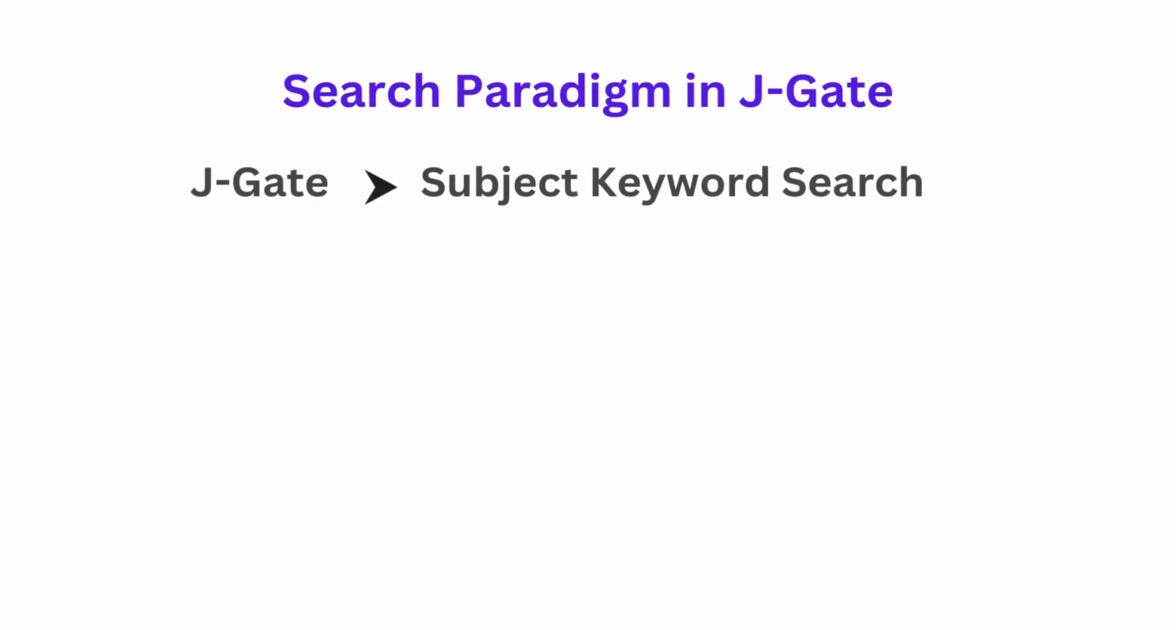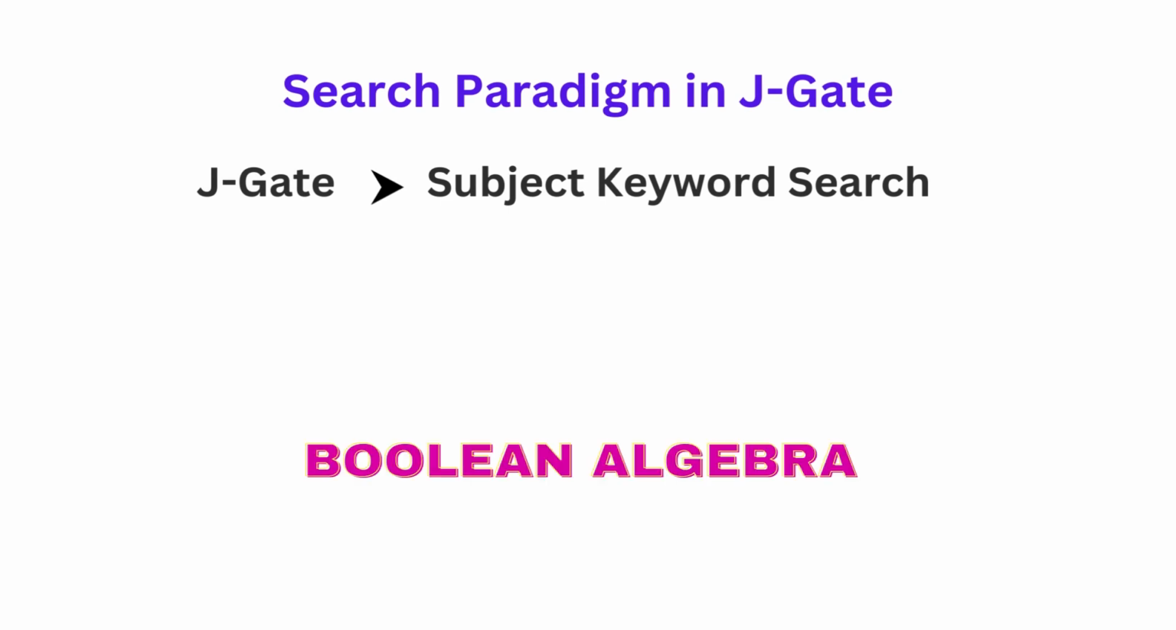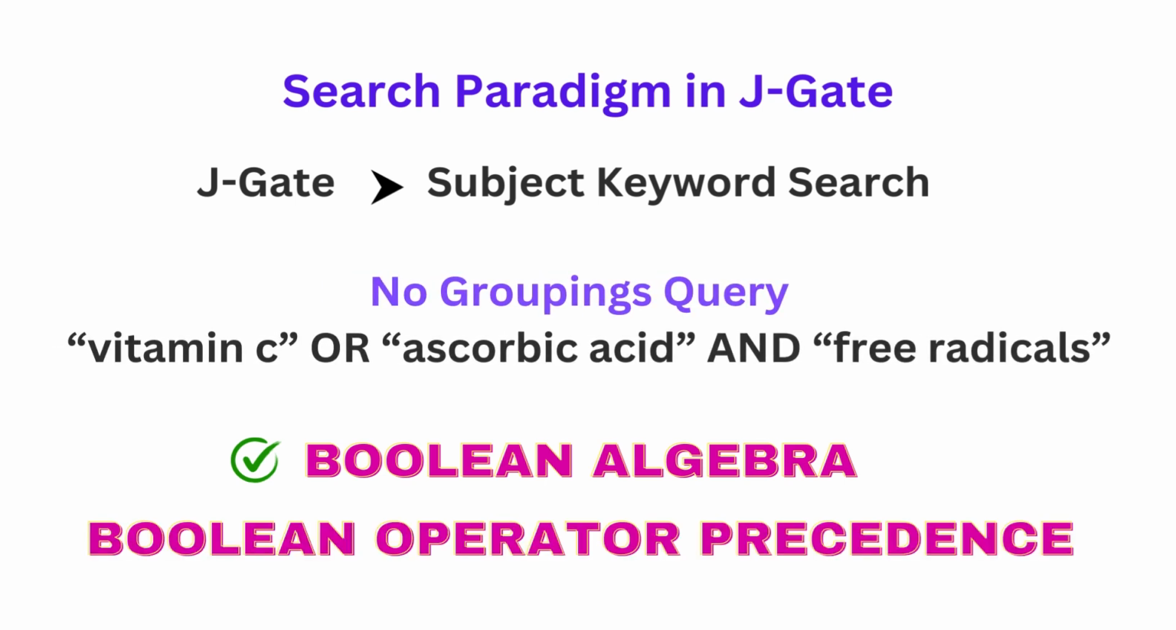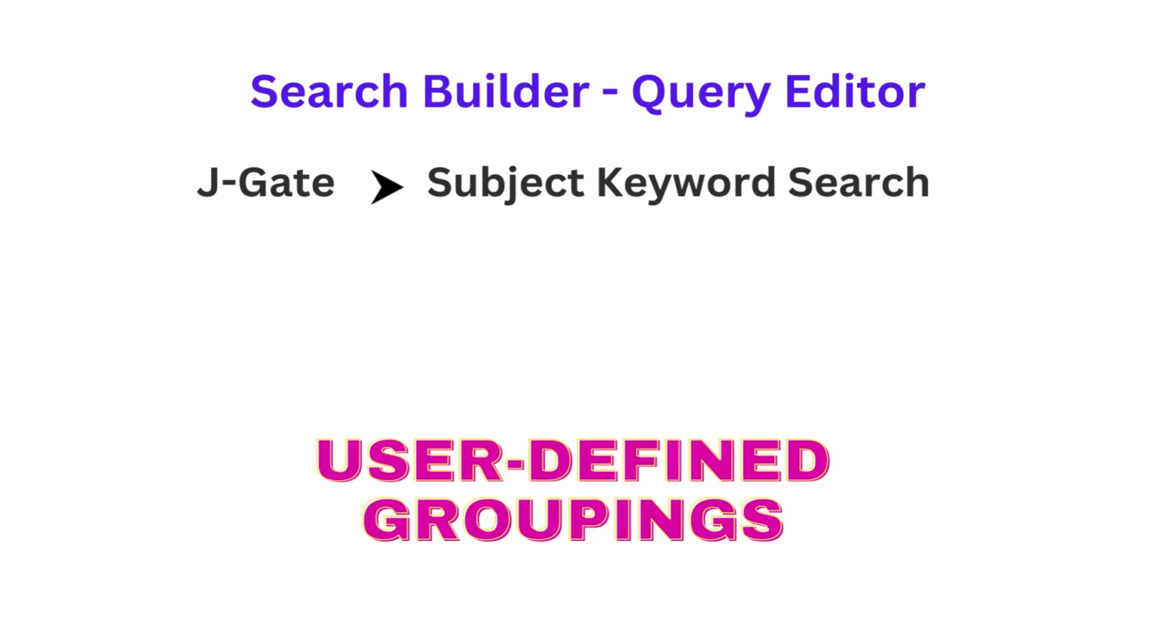JGate utilizes a keyword-based search paradigm for scholarly search. A keyword-based search paradigm uses Boolean operators to spell out the association between subject keywords in order to discover the relevant literature. When the user does not specify groupings in the search query, JGate follows the Boolean algebra operator precedence to create the groupings. SearchBuilder provides a query editor to enable the user to specify the groupings of keywords using